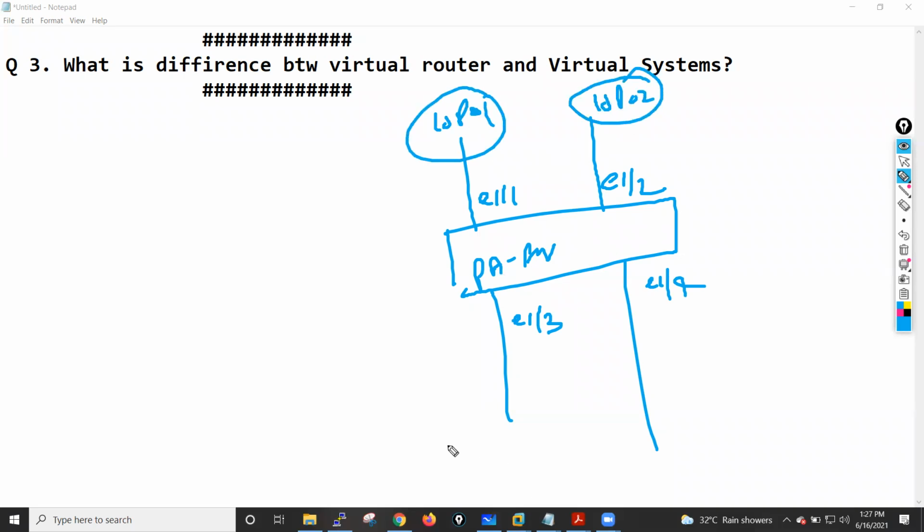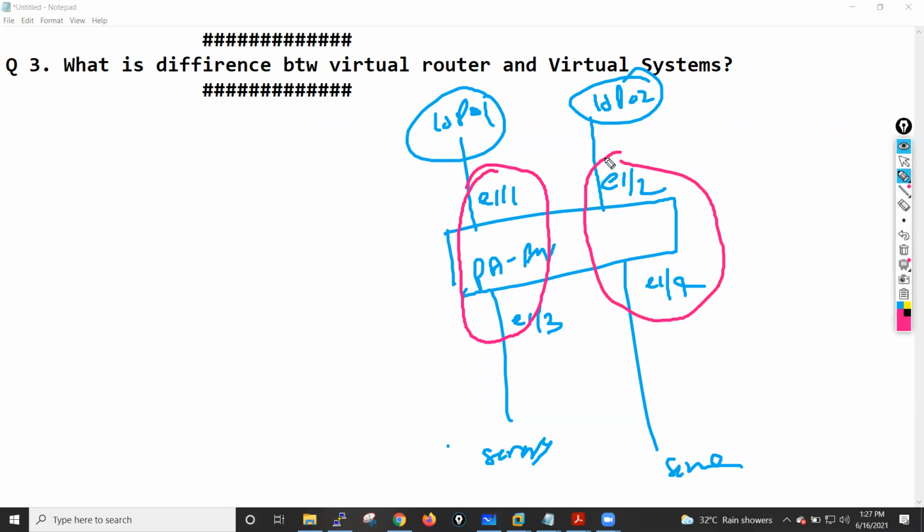Behind this you have a few servers, and here also you have a few servers. You can put these two interfaces into one virtual router and these two into another virtual router. If you want communication between these servers and this server, you can also enable inter-virtual-router routing. That is also possible. So a virtual router is generally used for enabling routing on your Palo Alto firewall.